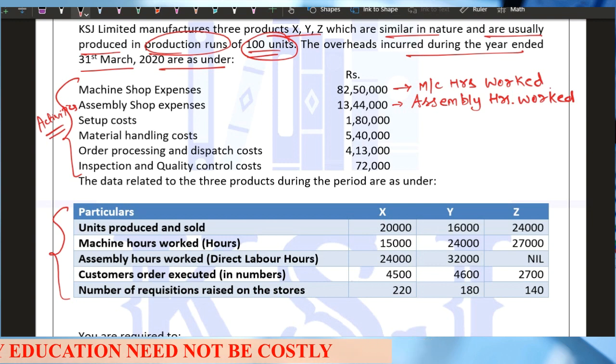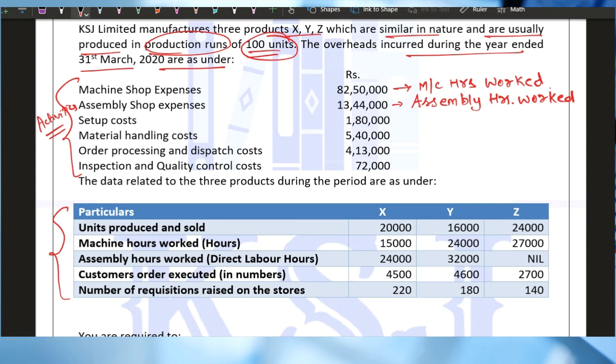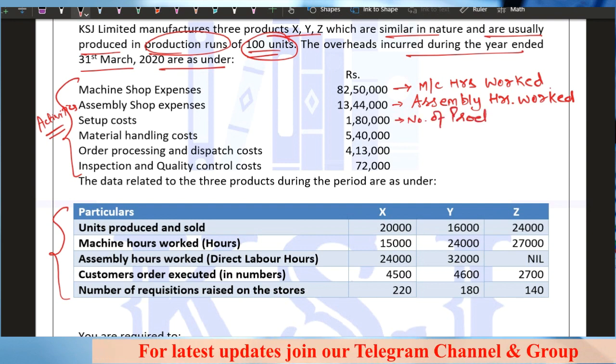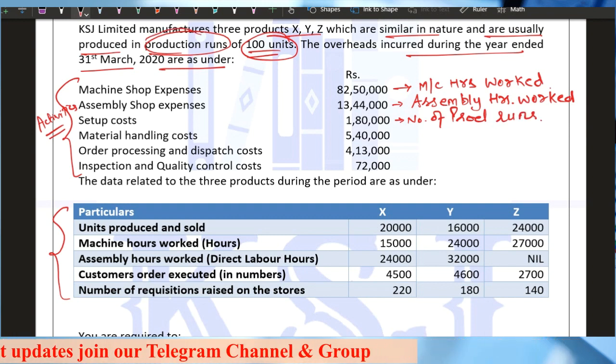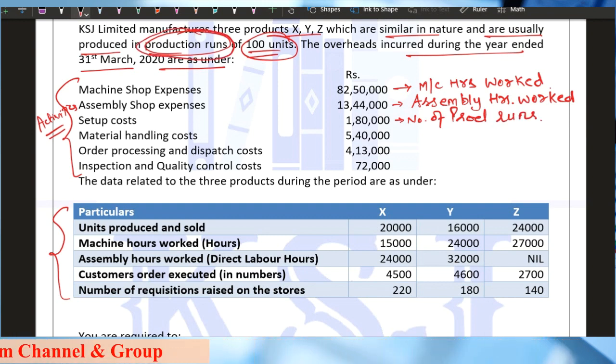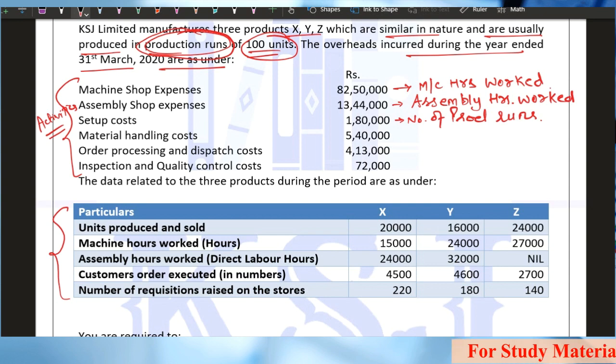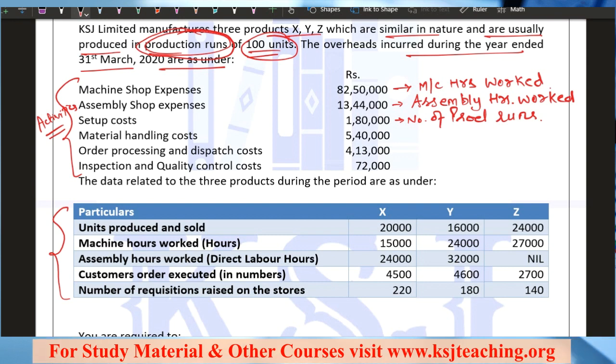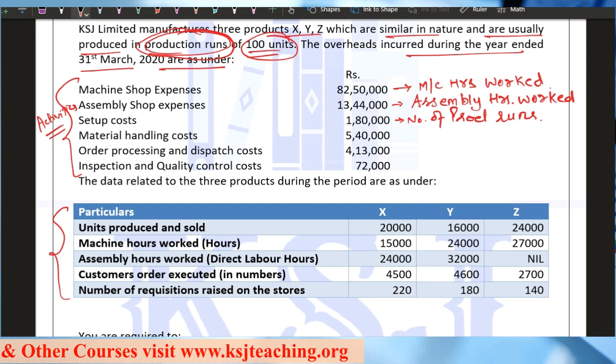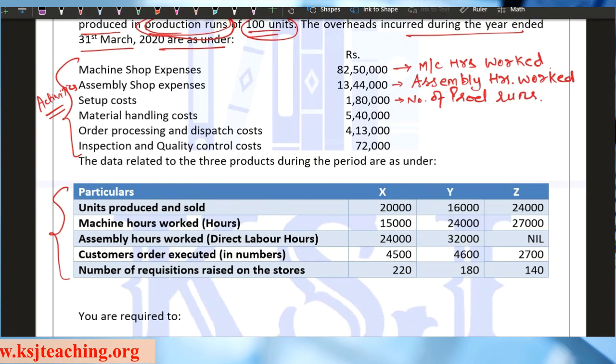Now, why are you incurring the setup cost? Because you are getting the things ready for production. So I can say my setup cost will be dependent upon the number of production runs. Any doubt? Is this word used here? Sir, the production runs. That is why I circled it. That means the number of times you do the production, you will be setting up the tools. If in a day you are having 2 production runs, that means you are incurring the setup cost twice. So you need to be very careful and open-minded while doing the questions. Each and every word has a meaning.